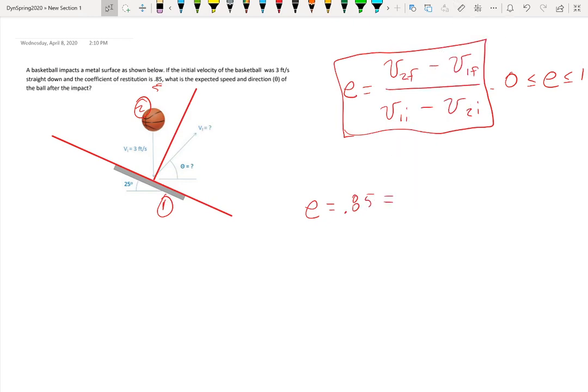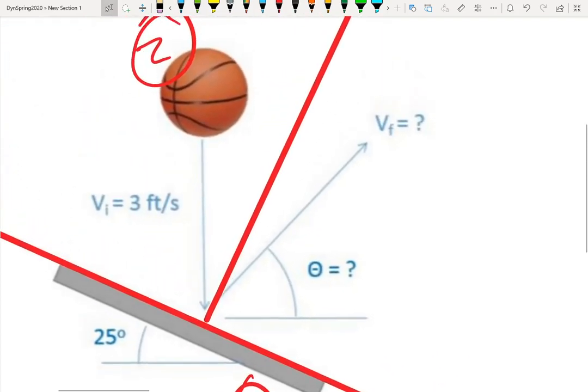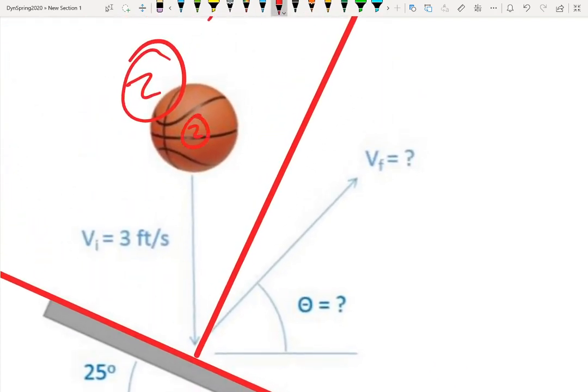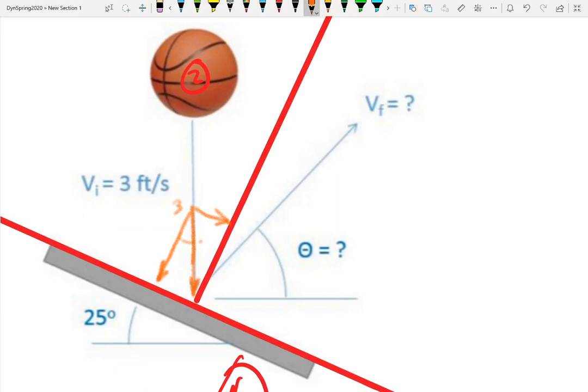Now let's look at this and think about this. So this means I've got to break this 3 feet per second into components. Let me get real close to it. Here, I'll put the 2 right in there. If I'm going at 3 along here, I'm going a certain amount this way and a certain amount that way. As it turns out, that's 25. Let me see if I can move up. So if this were 3,